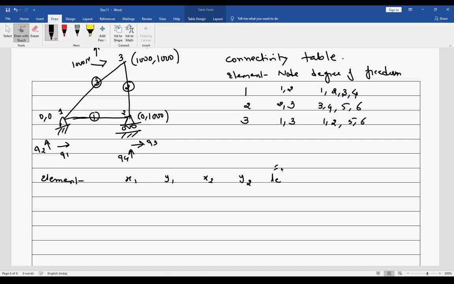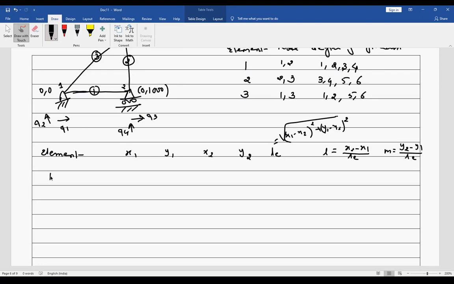I can get the length of an element by the square root of (x1 minus x2) whole square plus (y1 minus y2) whole square. Then I can get L as (x2 minus x1) divided by the length of the element. I can get M as (y2 minus y1) divided by the length of the element.